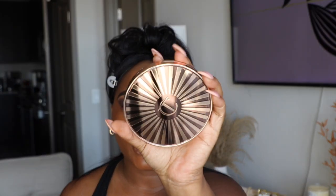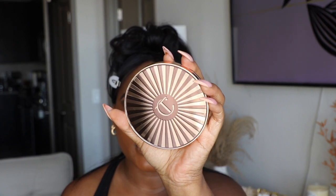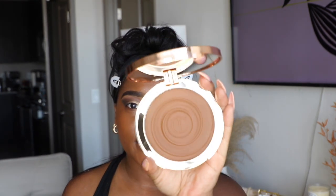But look at, can we talk about packaging? I mean, Charlotte never ever misses the mark when it comes to packaging, okay? There's so much product in here. I feel like this could last forever. Let's go ahead and open her. Ta-da! Isn't that beautiful? So I'm gonna take that same foundation brush that I used, and I'm just going to dip into this, and we're going to start sculpting out